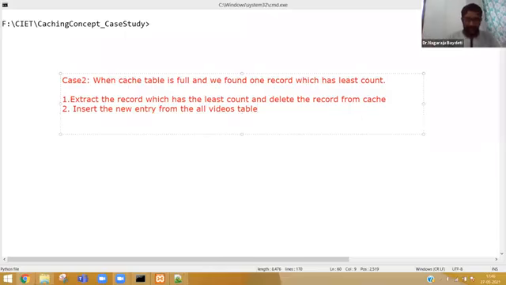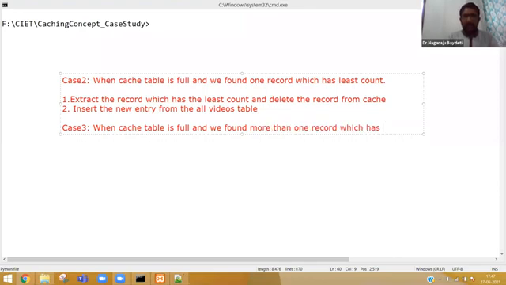Now case 3. So in total there are 3 cases. One is when the cache is empty or has less than 3 records. Second, when the cache table is full and we found more than one record which has the least count. For example, in the situation where we are right now, video 1 is there, video 4 is there, video 10 is there.